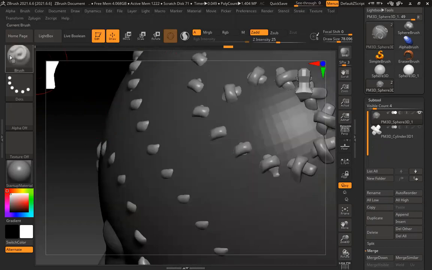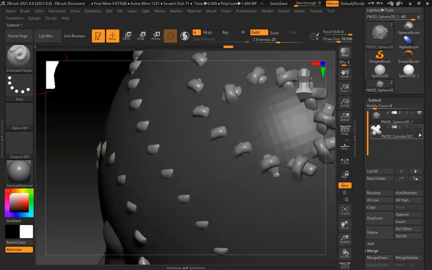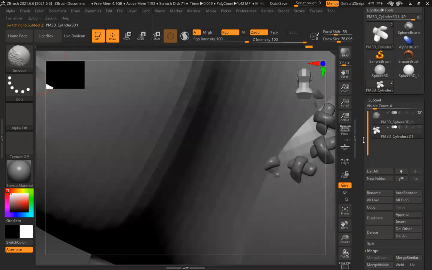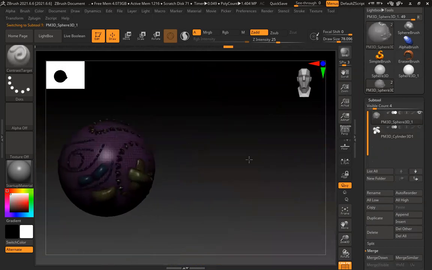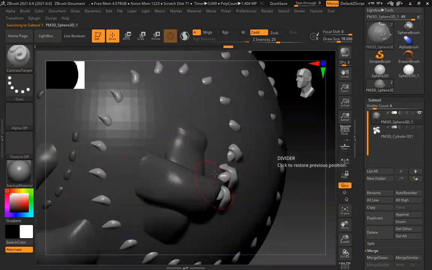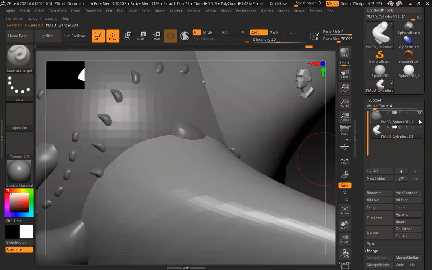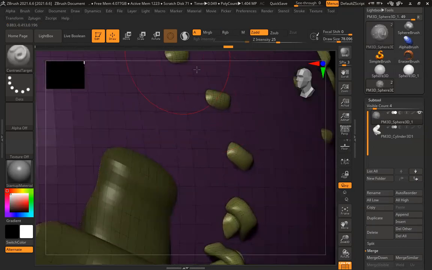Sir, are these individual stitches different polygroups? Yes, I believe. Let's see. It was a different polygroup only, I believe. As of now, same polygroup, but you can keep it as a different polygroup also. Whatever is there in the brush, it will retain the same properties. Because in my actual brush there is no difference in polygroup, that's why it's the same. No, sir, the individual stitches, when we use it in curve mode. It's their individual model. It's mesh, it's geometry. So everything is separate. Everything is an individual model. You can see they're geometry.